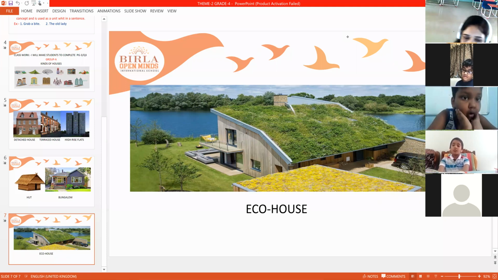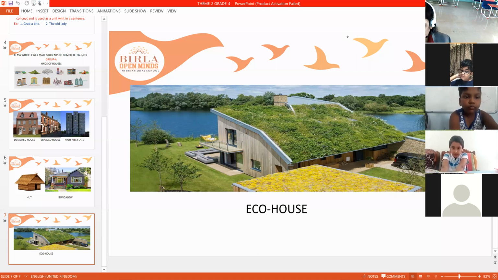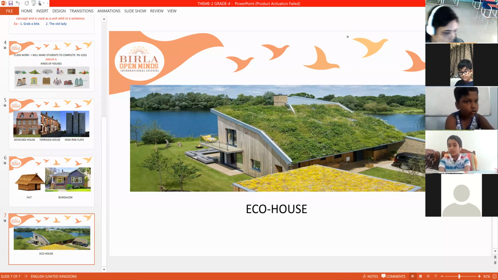What is this house? Eco house made up of wood. The house is made up of wood and the trees on the top of the house, looking so beautiful, no? Isn't it? This is an eco house. These are the different types of houses, children.